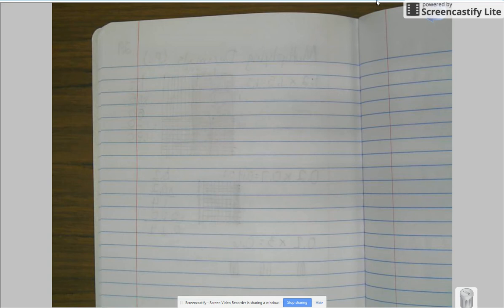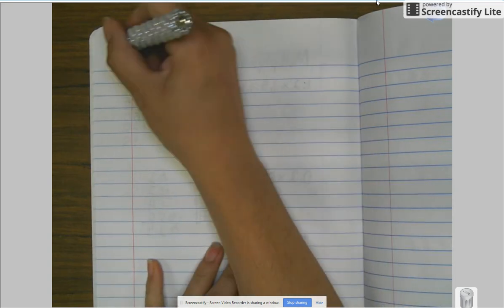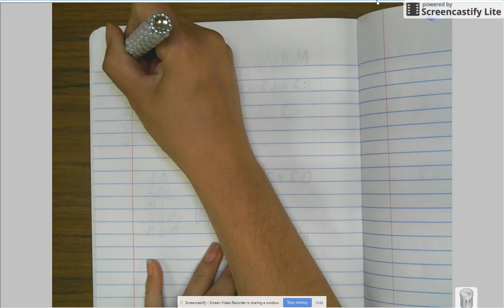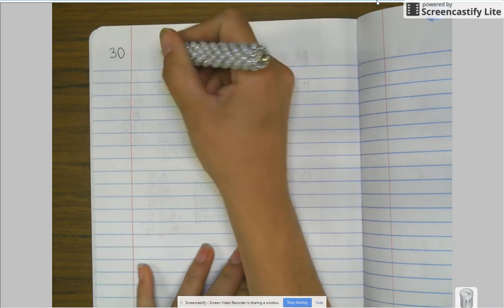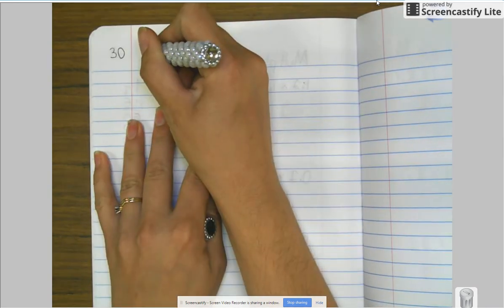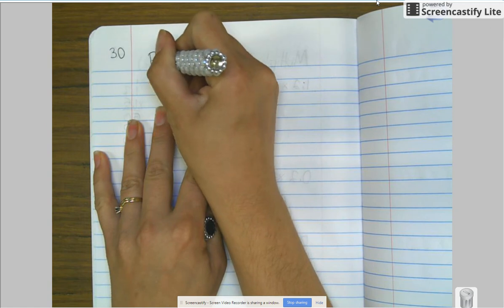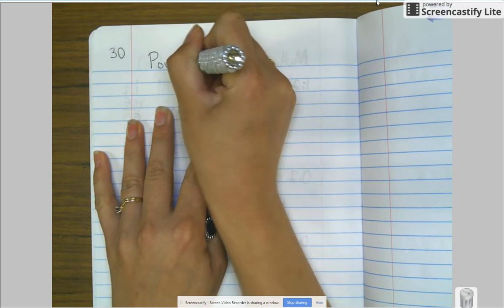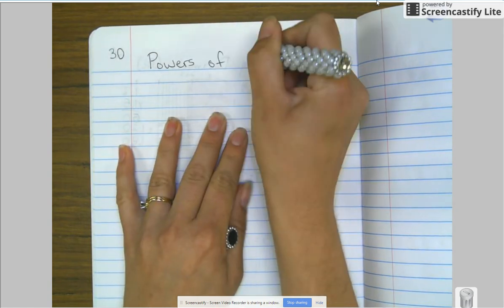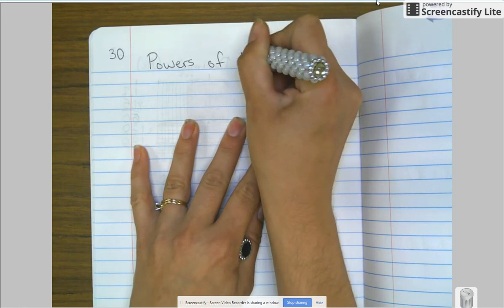Okay, today we're doing page 30 in your math journal. So make sure you label this one page 30 just on the back side of 29. We're going to be talking about powers of 10. This should be pretty easy, and I think most of you understand the idea behind powers of 10, but we're